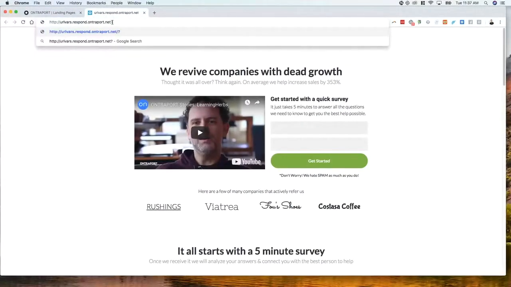And then what you do is you put a question mark at the end. And then what's after this is basically a variable name. So you could say first name. You can just make it up, whatever you want it to say. F name equals Landon. And then you use the ampersand to separate them. And last name equals, okay, and email equals support@ontraport.com. Okay, so if I then were to put something like that into an email, copy,